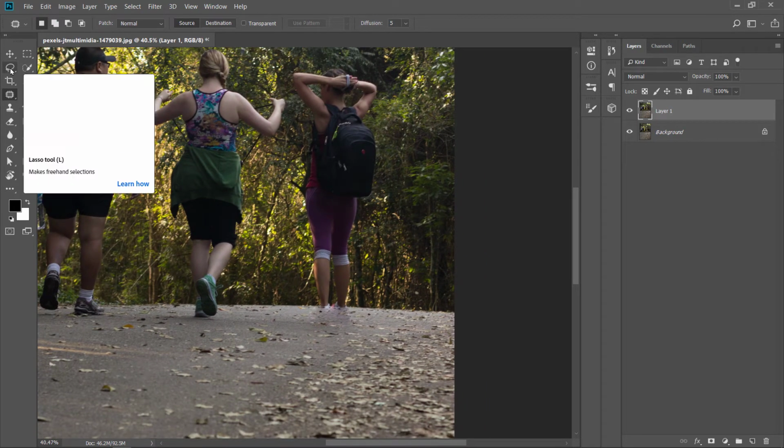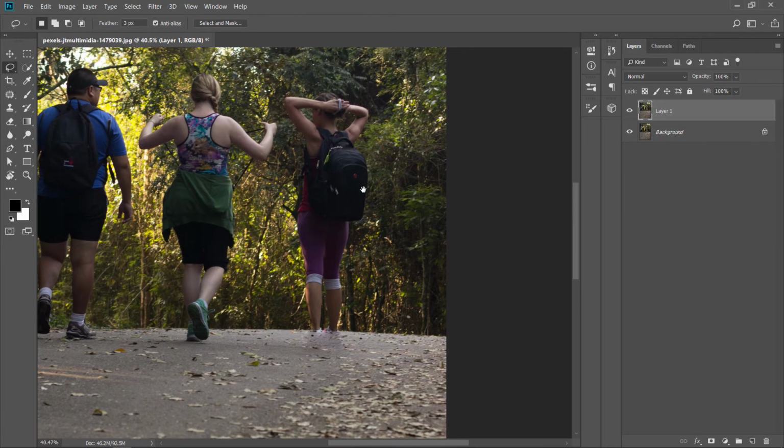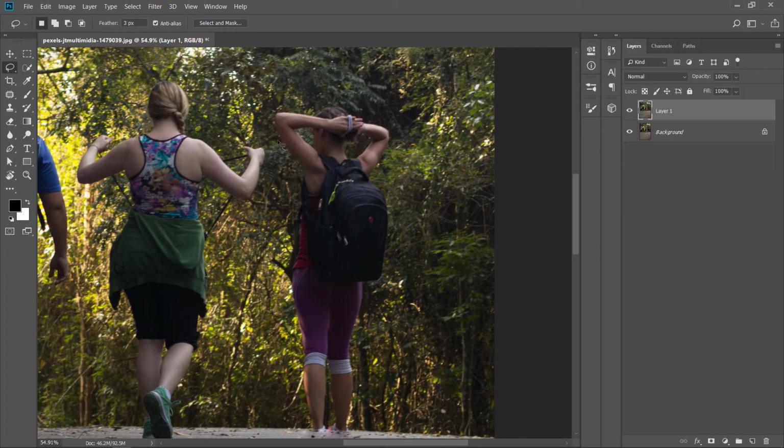Now I will go to the lasso tool and make a selection around the girl that I want to remove. The selection should not be perfect, just around her body.